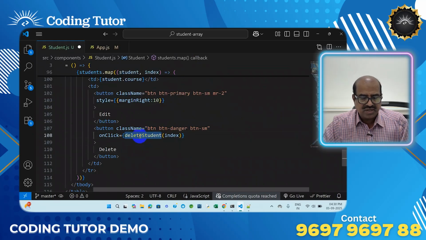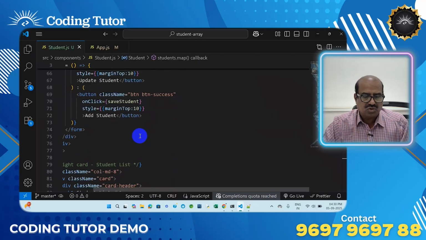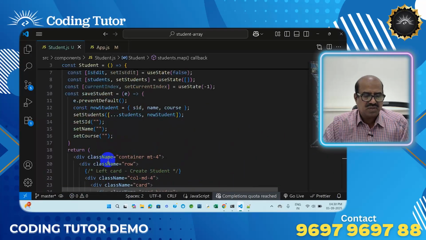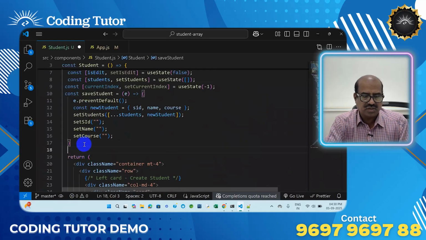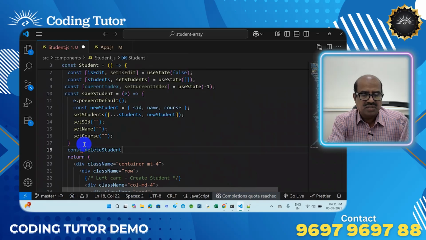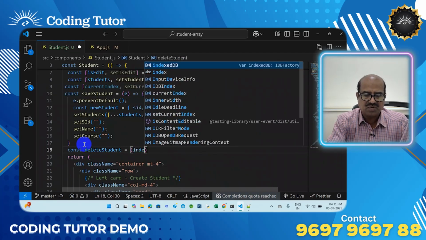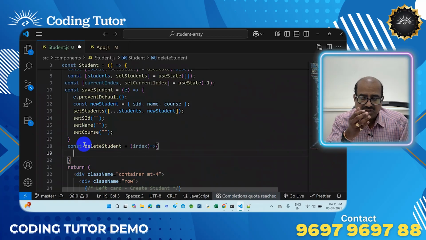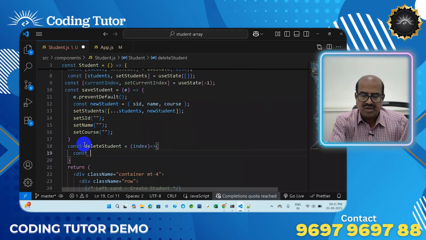But this method I need to define, right? Where do I need to define this? Go to the top. Here I need to specify the delete functionality. So how to provide the delete functionality? const deleteStudent equal to, we are passing an arrow function with index, and open the curly bracket and close the curly bracket. First I need to get the students, right? How to get the students? const